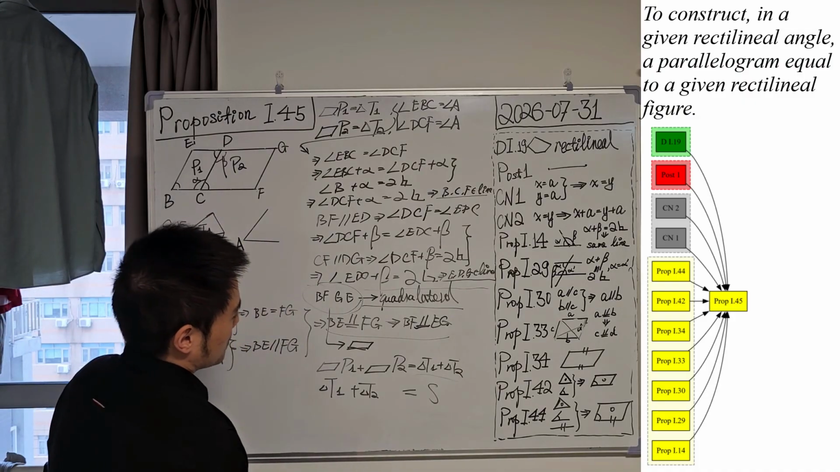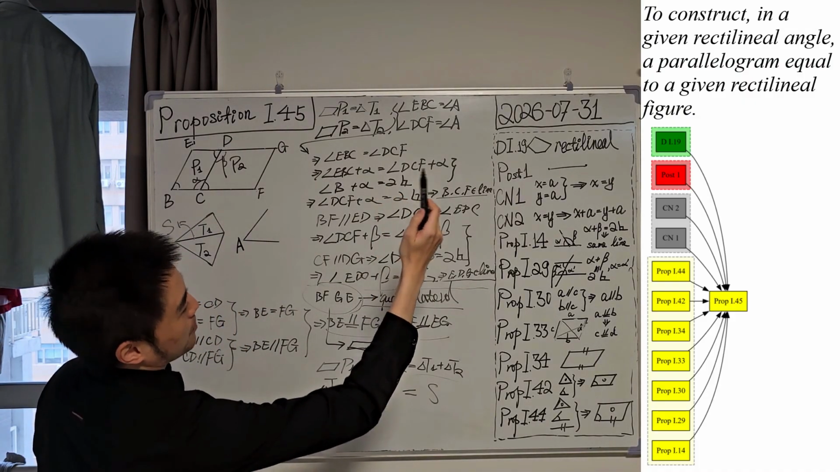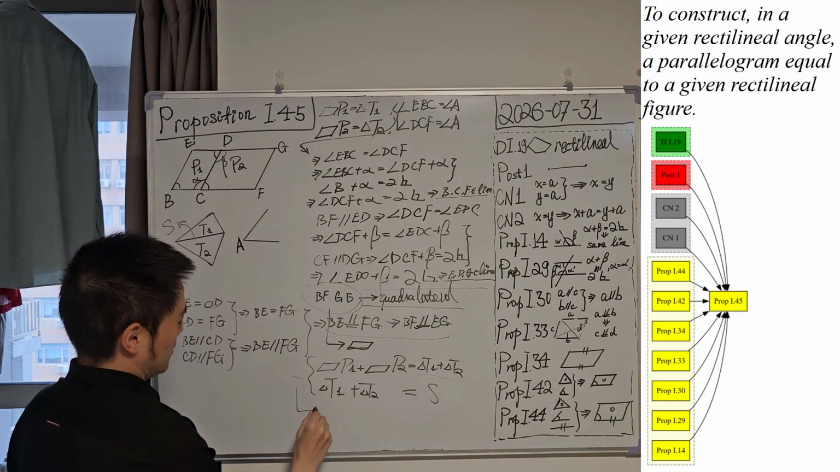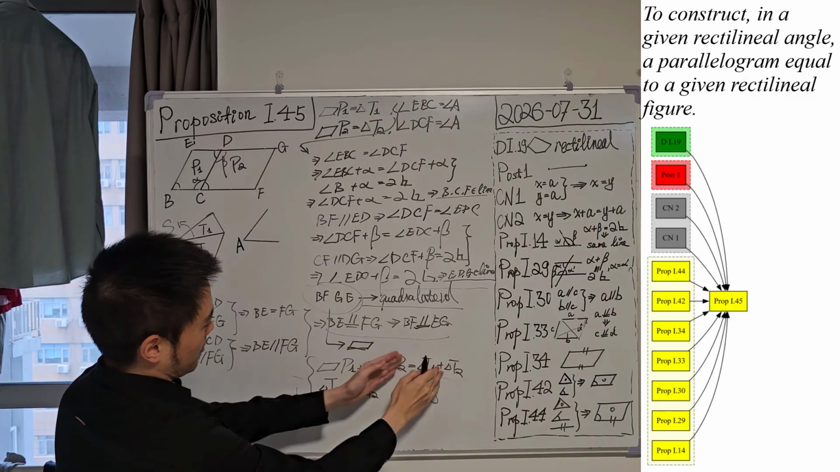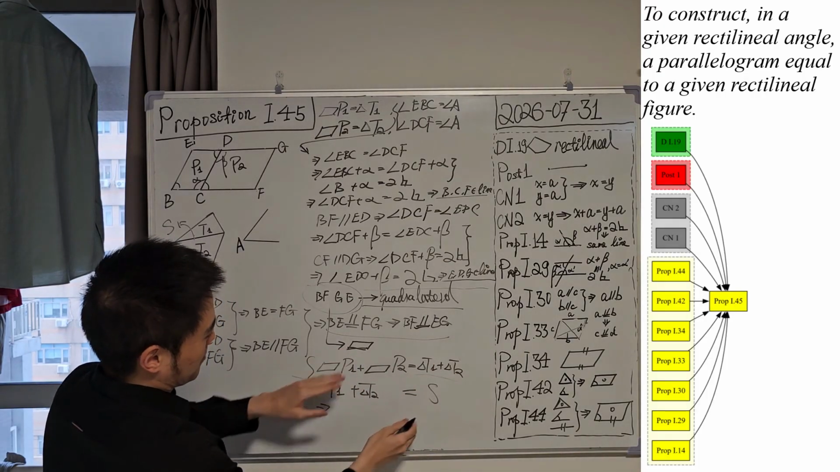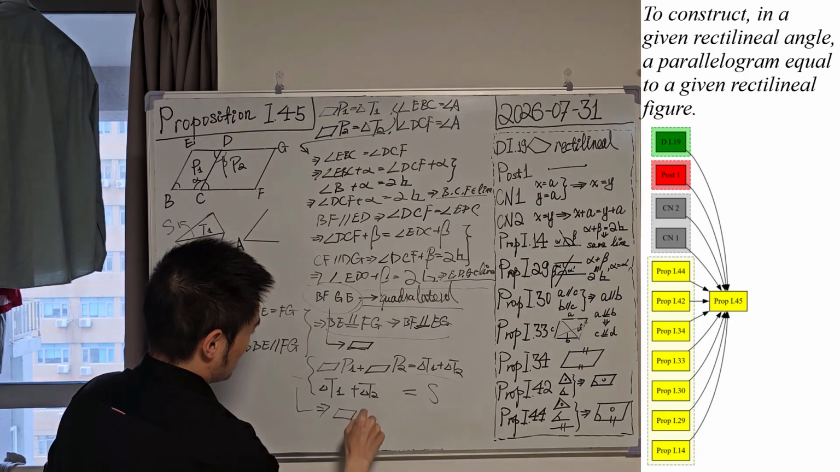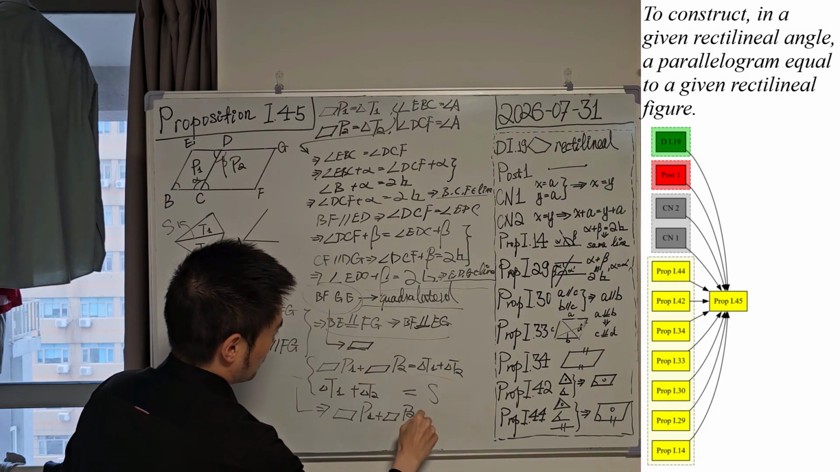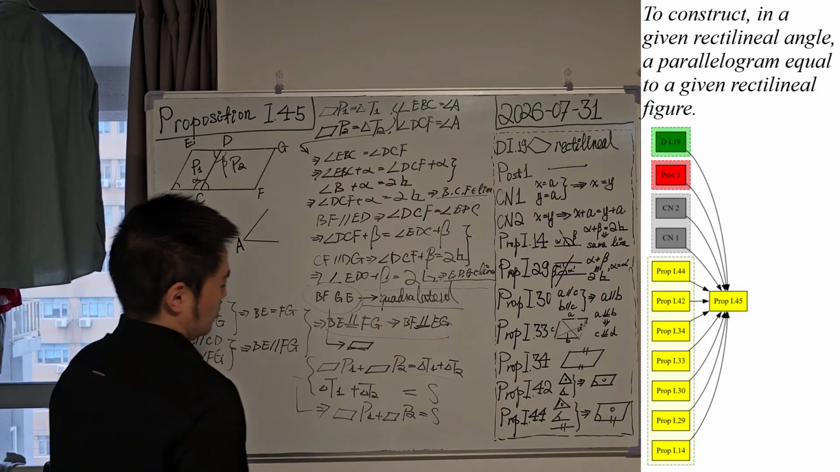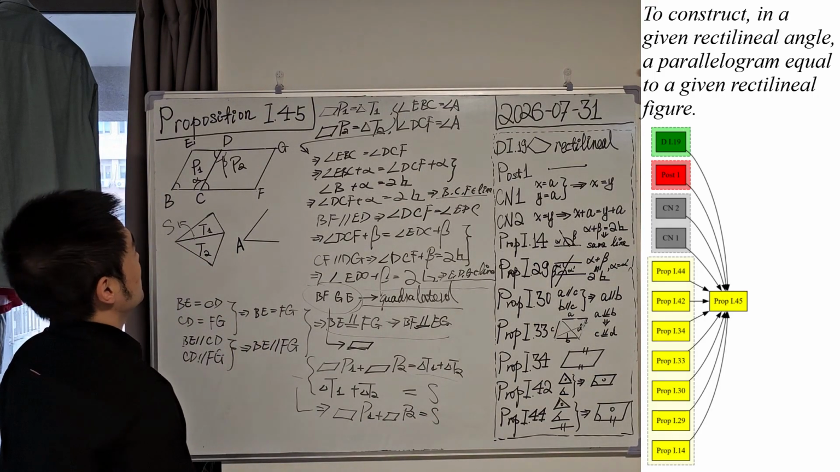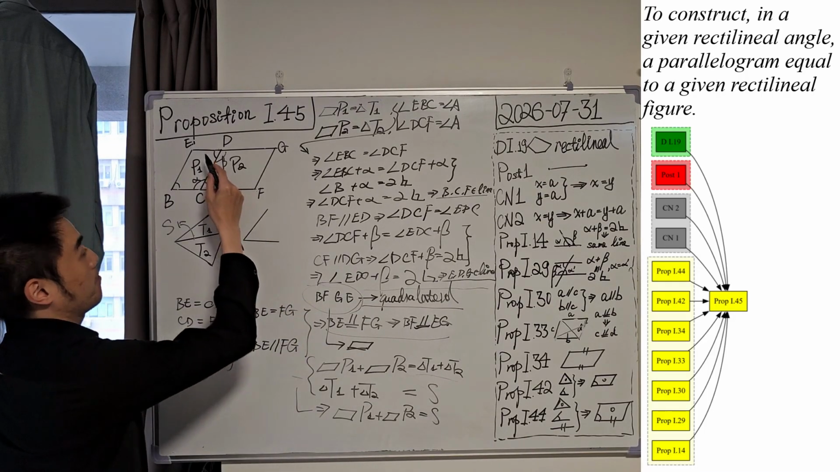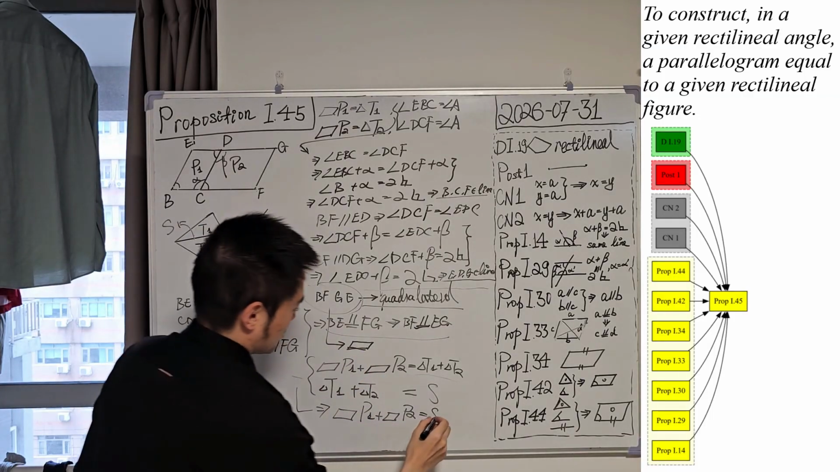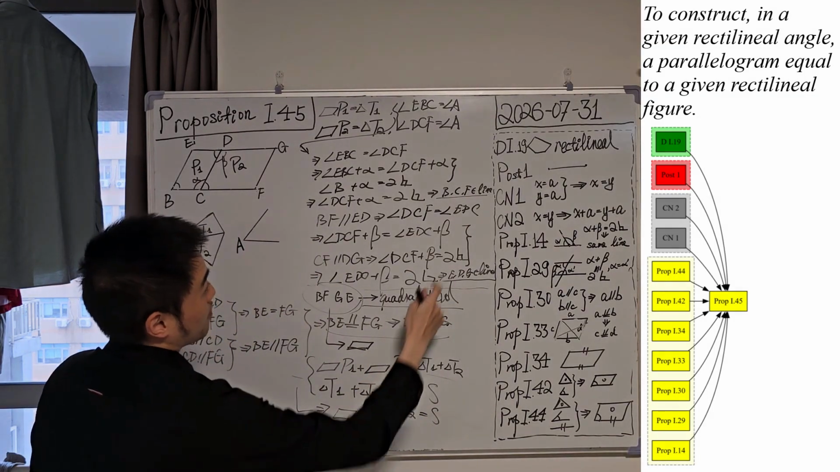So let's just apply common notion 1 again. Combine these two equalities, we can imply that they are the same thing, so they must be equal. So P1 plus P2 will be equal to S, right? And what is P1 plus P2? It is the whole parallelogram EBFG, right? So if we apply common notion 1 again,